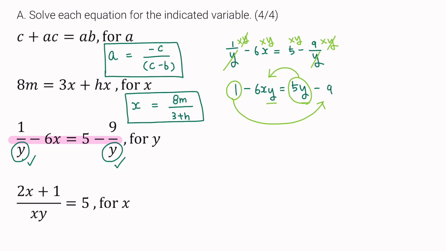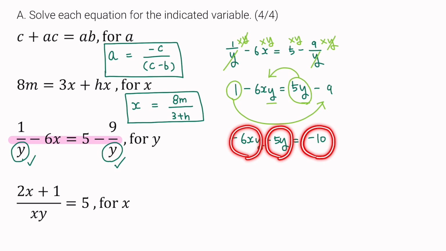So if I do that and rewrite it, I have negative 6xy minus 5y is equal to negative 9, negative 1. And that's equal to negative 10. So let's erase this and put just negative 10 right there. Okay. Now I notice that every term in my expression has a negative sign, every single one. So what I'm going to do is multiply negative 1 to every term to change the sign,